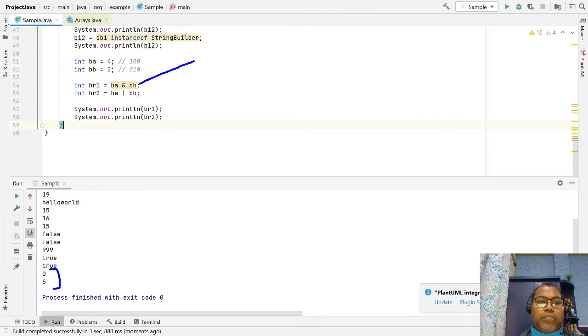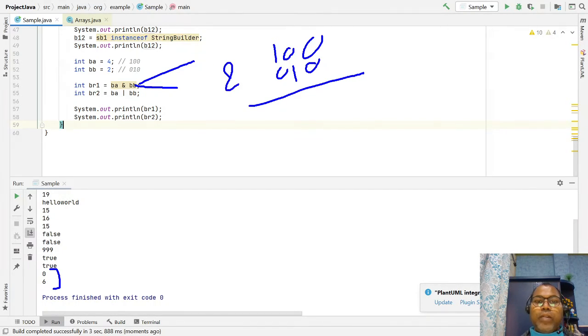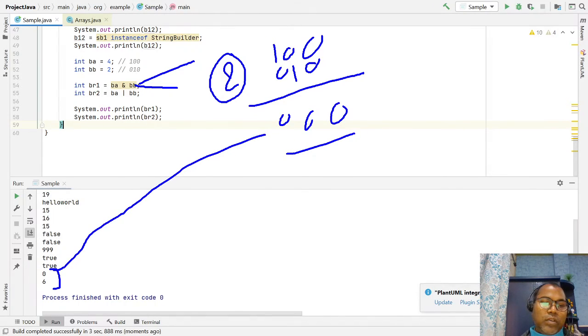Here a is 4, 4 means 1 0 0, and b is 2, 2 means 0 1 0, and we want bitwise AND. Bitwise AND says if anyone is false we return false, both true then return true. So 1 0 0 and 0 1 0, they return 0.